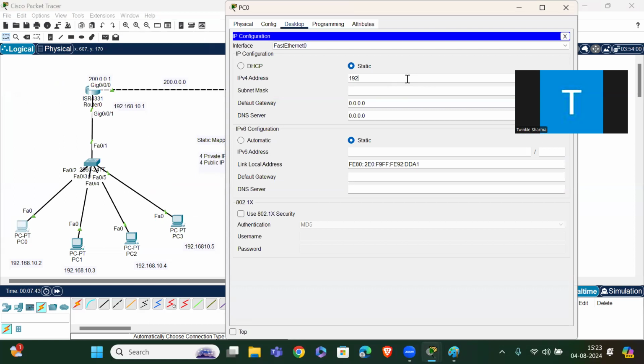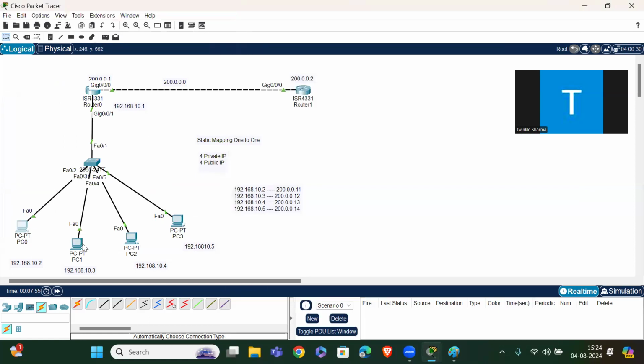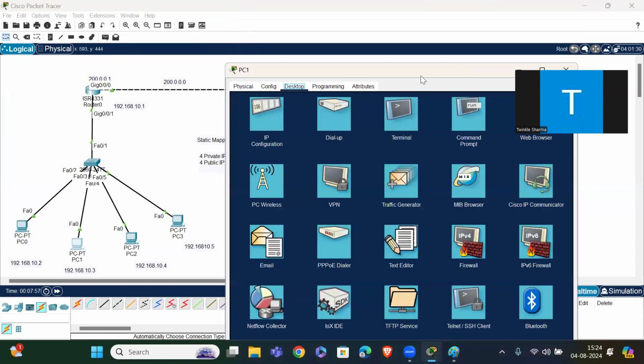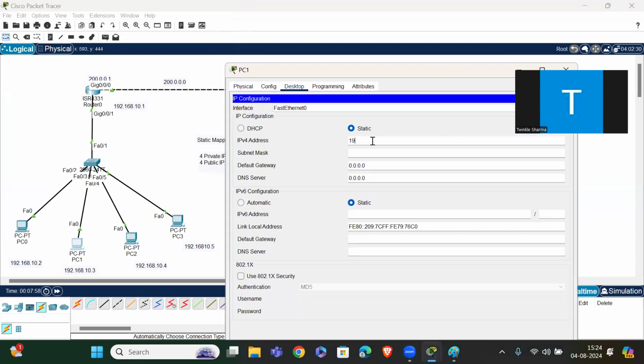PC1: 192.168.10.2, and also the gateway 192.168.10.1. Done. Next PC: 192.168.10.3, gateway 192.168.10.1. Done.